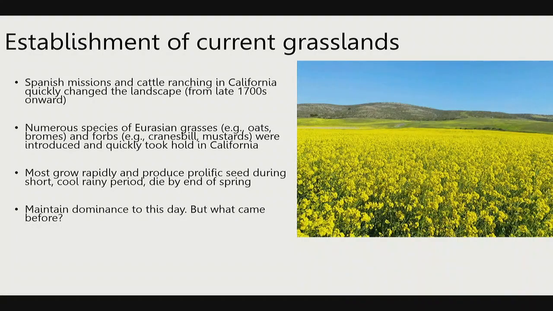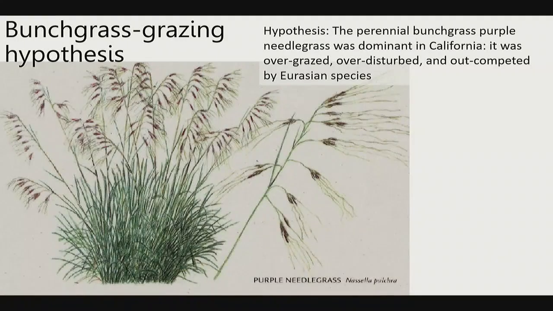One of the problems with this is that in terms of modern Western scientific record keeping, we don't know exactly what these landscapes were like before this happened. It started happening in the 1700s, it was continuing through the 1800s. We weren't really keeping, as European-based scientists, records of this over time. So what actually came before? There's a couple of different dominant theories here, right?